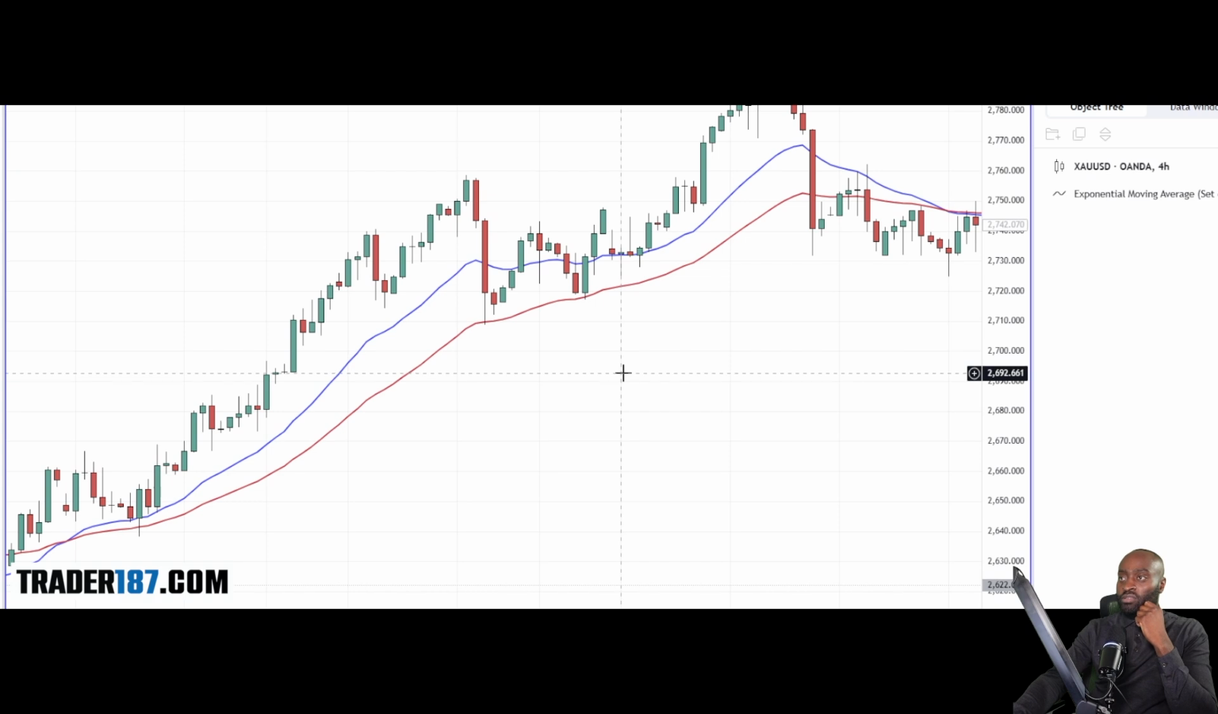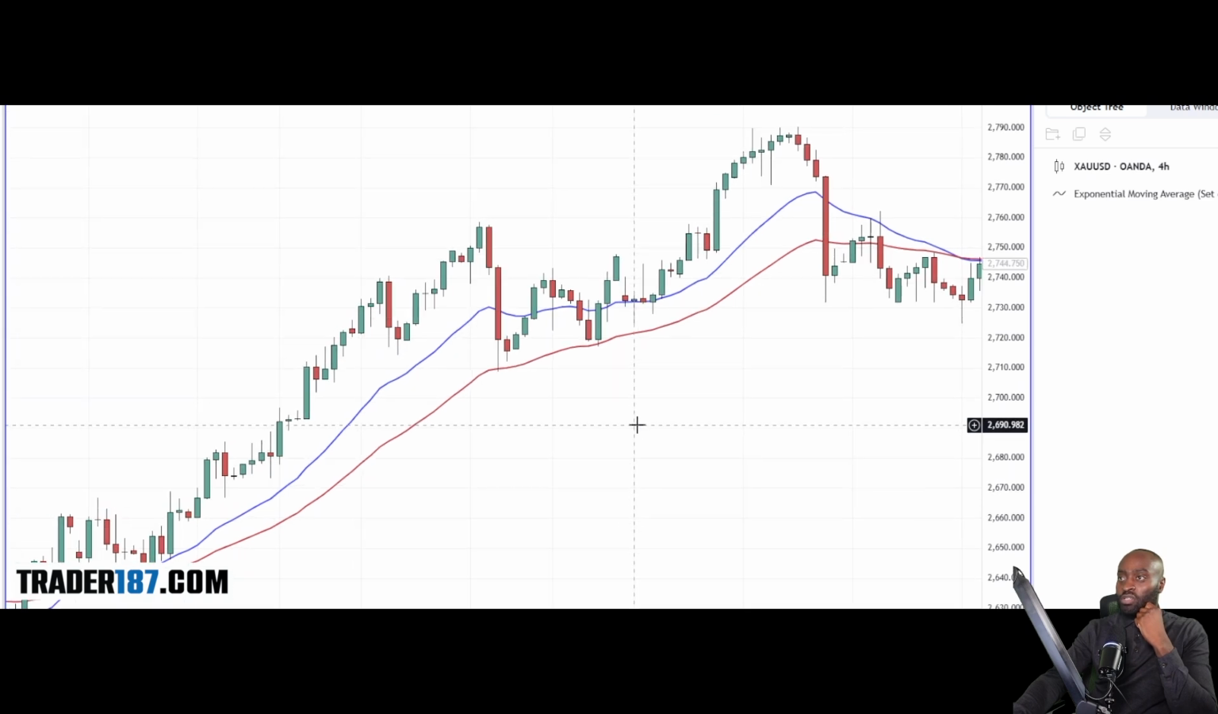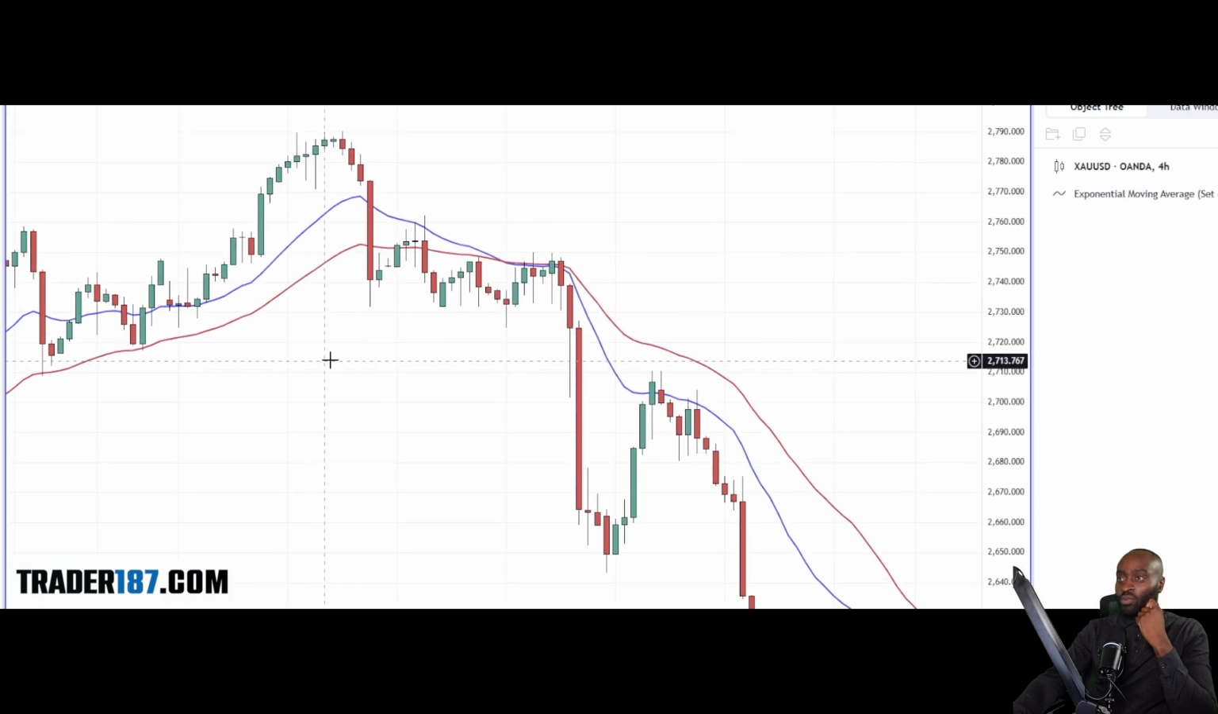It's a lot simpler to determine market trend direction with the use of two moving averages, because we'll say when the faster moving average is above the slower moving average, then the market's in an uptrend. Or you can say when the blue moving average is above the red moving average, you're in an uptrend. Or when the faster moving average in blue here is below the slower moving average in red, then you're in